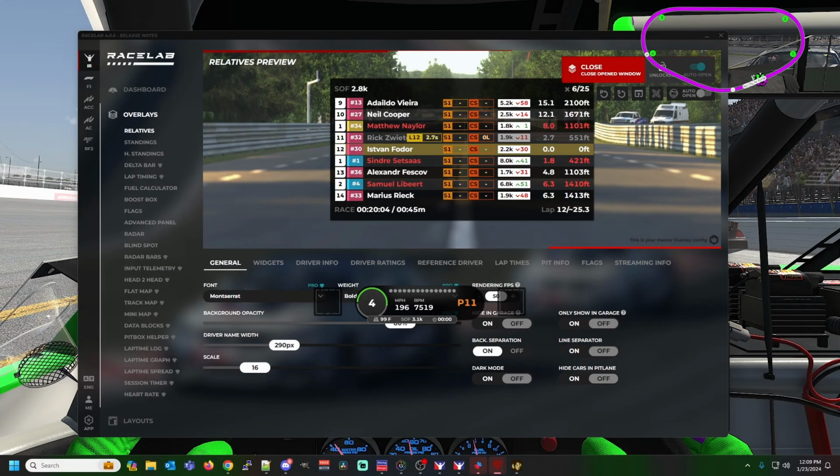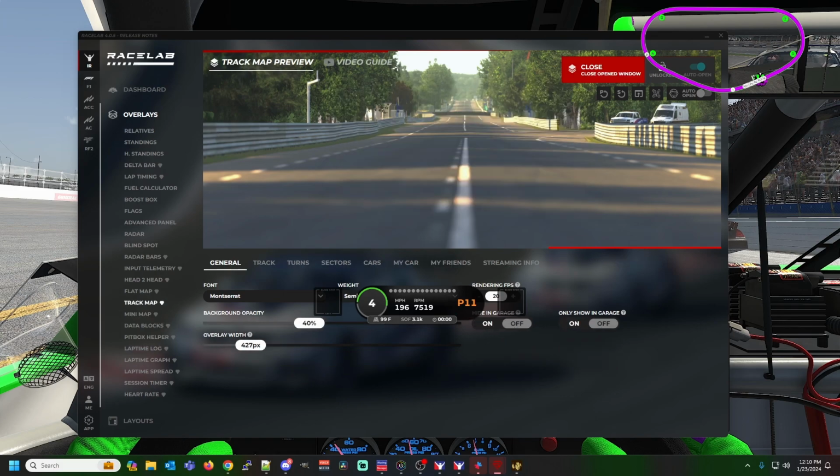The other thing that I would say that I mess with or have changed quite a bit is the track map. Now, this is a paid feature via Racelabs that is very handy if you've raced any NASCAR game ever. You've had a track map, I'm sure. I've changed the colors a little bit so it's easier to see during streams, as well as it's just easier for me as a reference point. To do that,